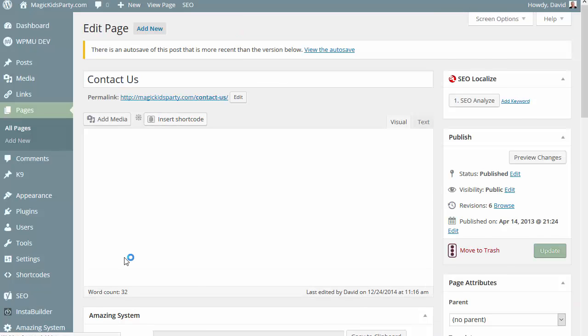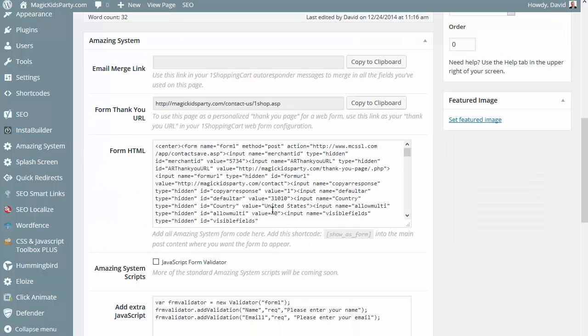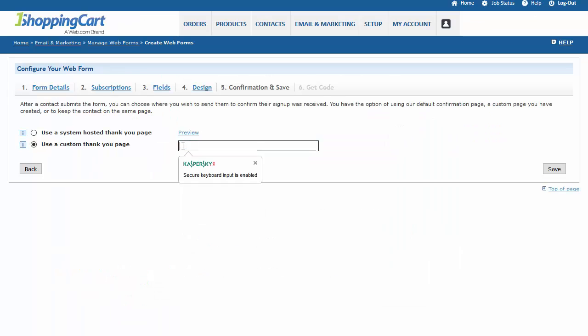And typically, right towards the top of the form code will be the thank you information here, the thank you URL information. So if you look for that AR thank you URL, you'll see the value equals right here, and this is basically the thank you URL that One Shopping Cart is wanting. So I'm going to go ahead and just copy that. Okay, and I'm going to paste that into this box here